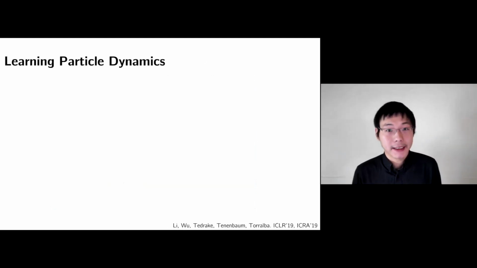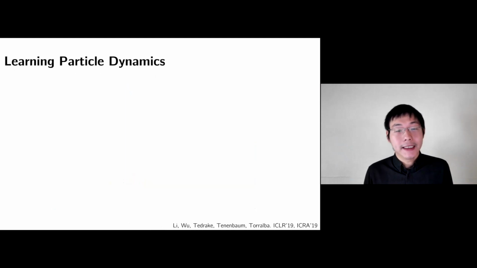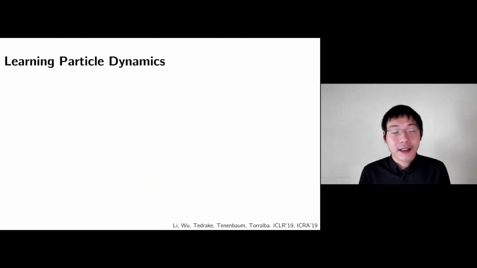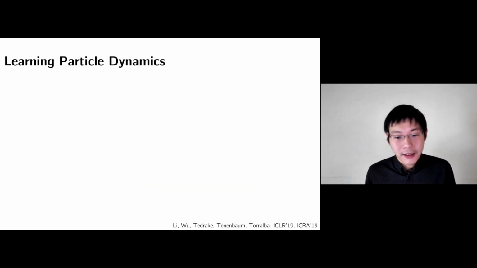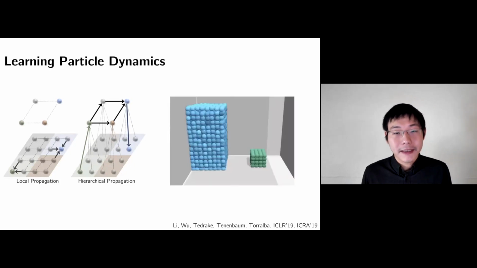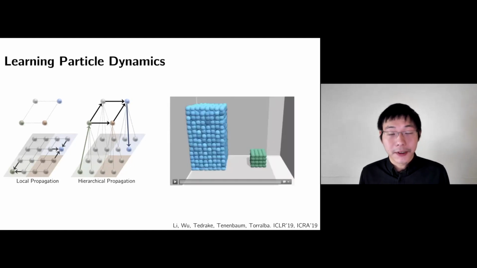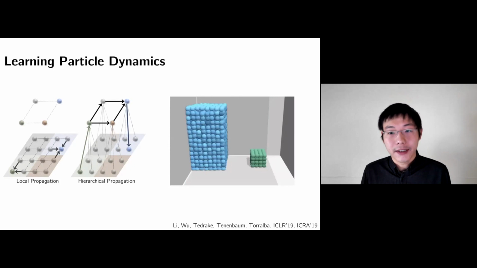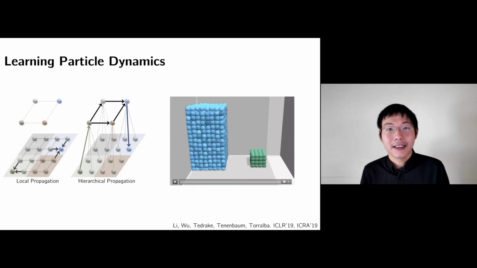Another aspect is that learning can be used to augment a dynamics model, a physical model, but here a physics engine. You can use learning to simulate things that you cannot really easily simulate before, right? So here's an example where we use a graph network, but also model the hierarchical structures between the objects. Then you can represent scenes as a collection of particles, which is a more universal representation compared with rigid bodies. But then by using learning to simulate how these objects or particles may interact, then you can